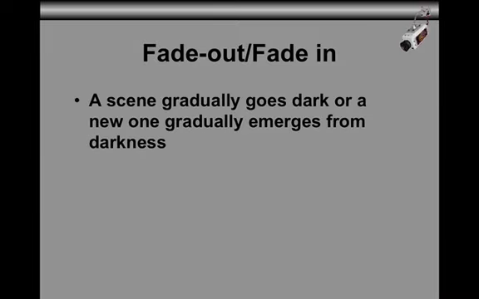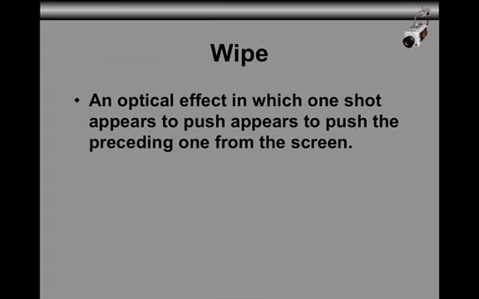A fade out, fade in transition is when a scene gradually goes dark or a new one gradually emerges from the darkness, and this tends to be at the beginning and the end of a movie, also at the end of certain scenes where closure is required. A wipe effect is an optical effect in which one shot appears to push the preceding one off the screen,